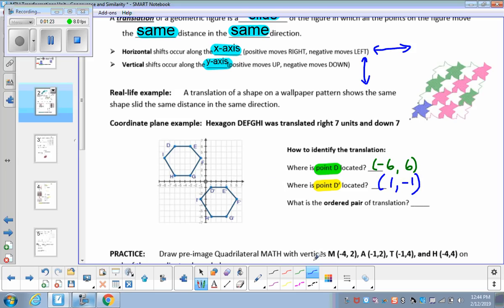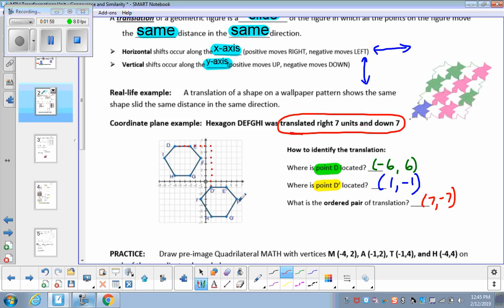What we can do is take a look at D and compare it to D prime and see that it moved over 1, 2, 3, 4, 5, 6, 7 spots, and then down 1, 2, 3, 4, 5, 6, 7 spots. So it moved over 7 and down 7. That was actually given to us right here. We were told that the preimage DEFGHI was translated right 7 units and down 7 units,